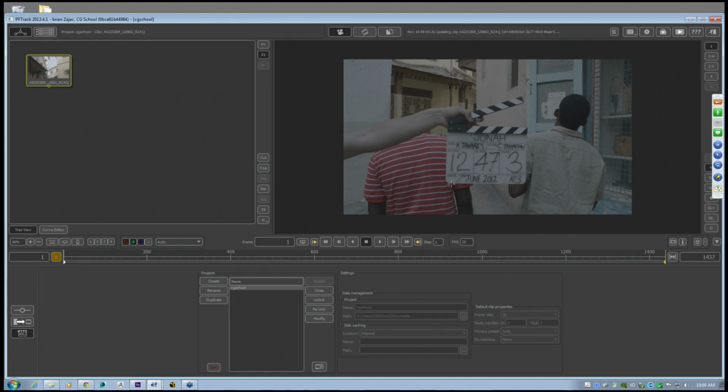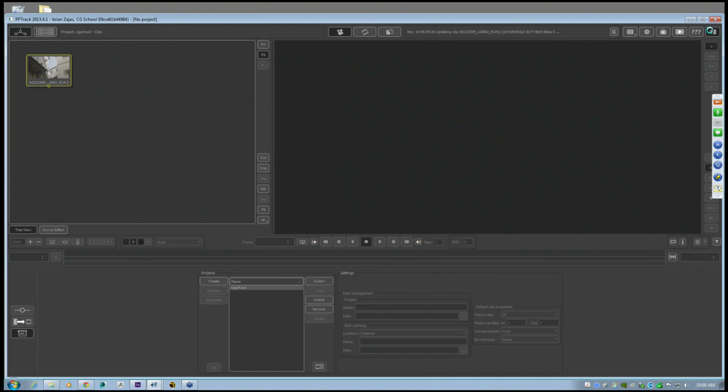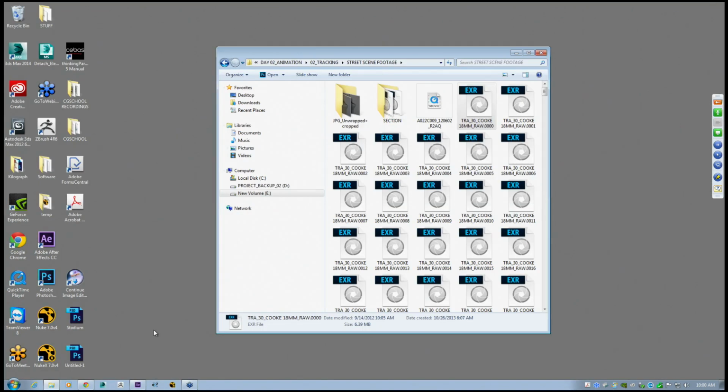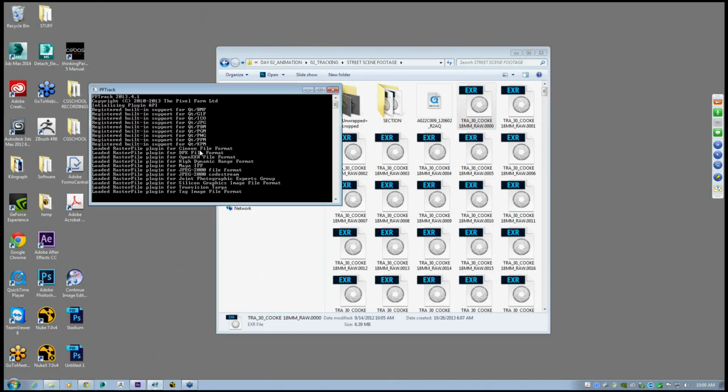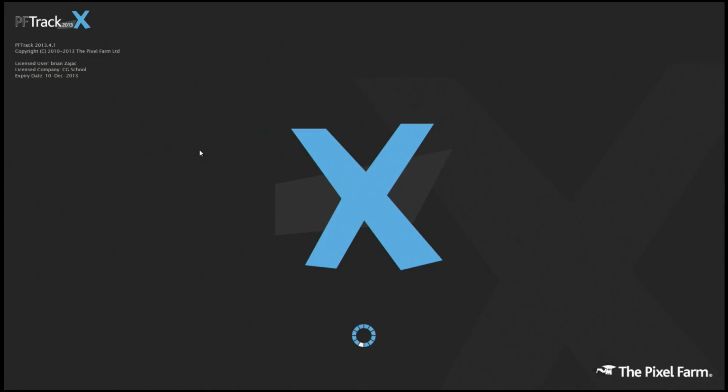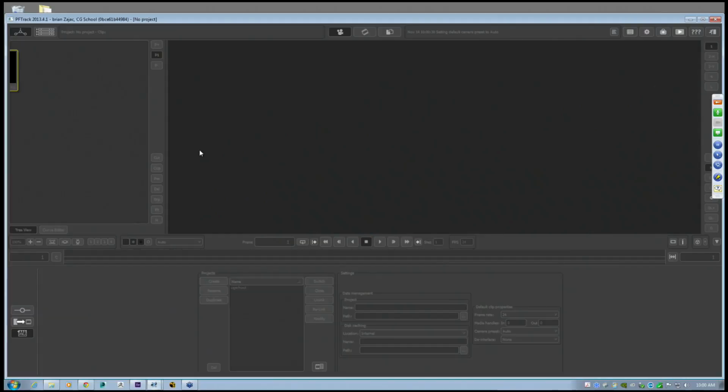So if you have a crash, or if you want to close, so if I press the close button up here and press yes, that's going to close the software. And when I reopen PFTrack, it's going to automatically load my last scene I had open. So how do you open previously saved files? If it's always going to open my last scene, you need to somehow be able to load previously saved files. So again, in project,